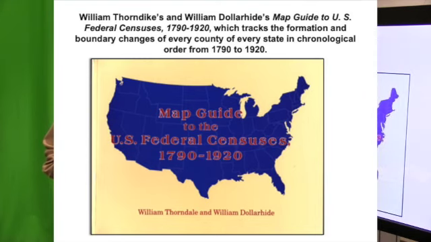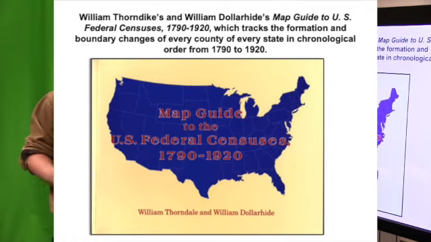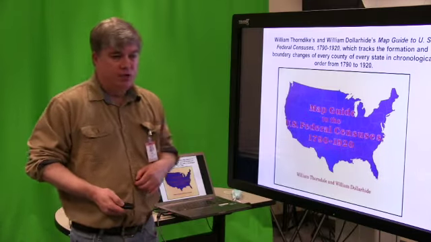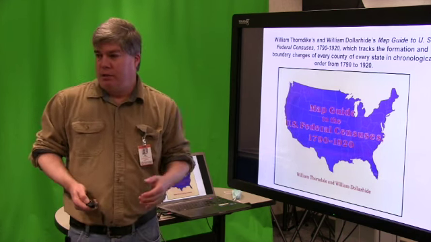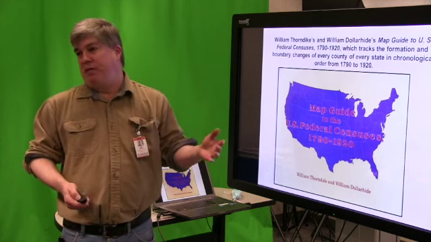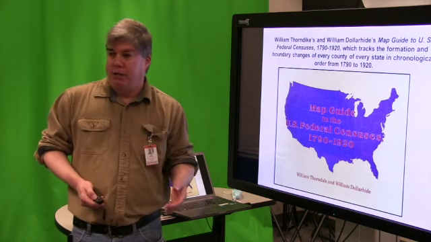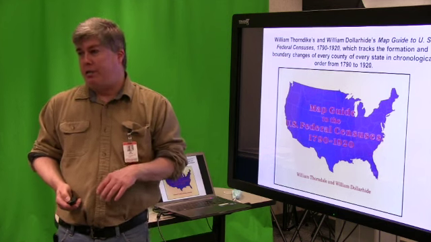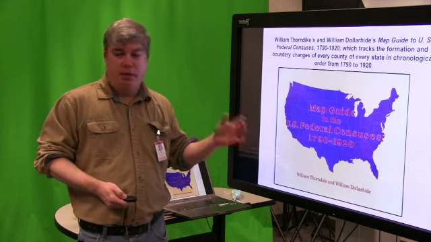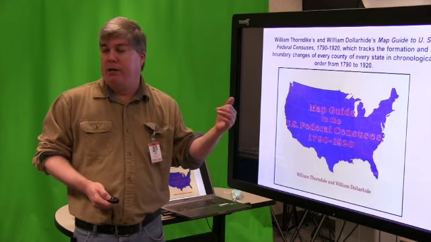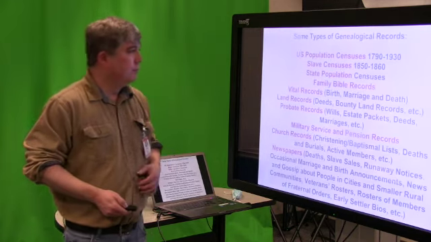And then the Map Guide to the U.S. Federal Censuses goes year by year from 1790 to 1920 and talks about how the county boundaries in each different state in the Union changed. Why this is important is because I get people all the time saying, I can't find my grandpa in Colbert County in 1850, and I know he was there. I'm like, because Colbert County didn't exist in 1850. It separated from Franklin in 1867, and it was official by 1870. So this helps you know, if I can't find my ancestor in the county I've been looking for, maybe that county was formed from a parent county. So that can be really helpful.